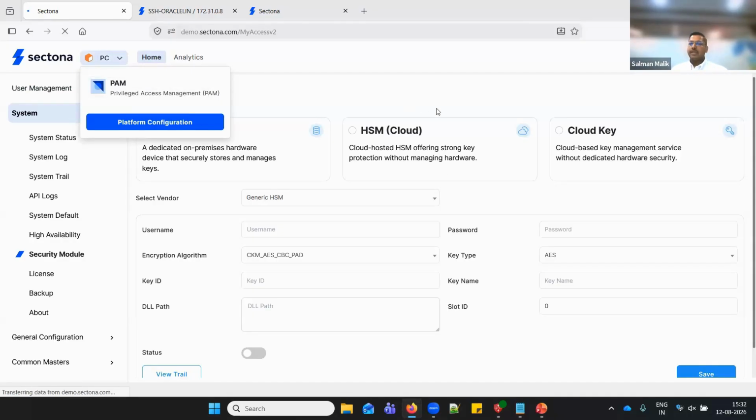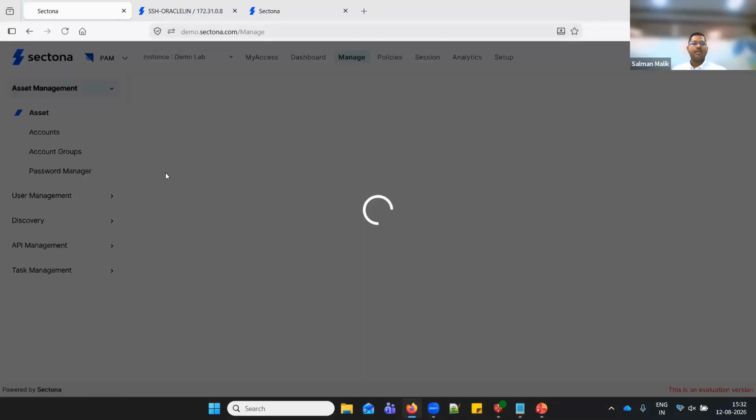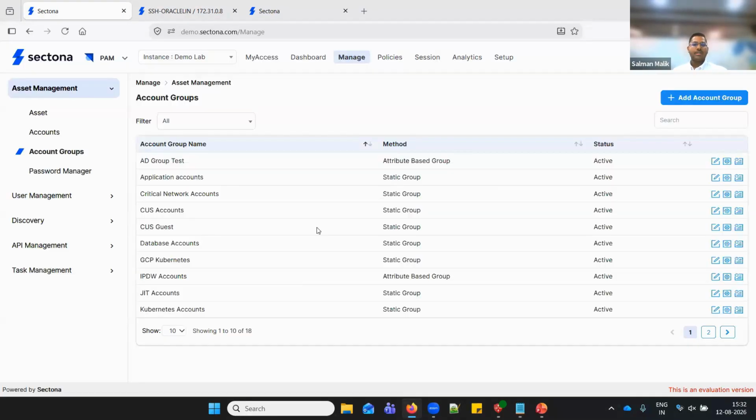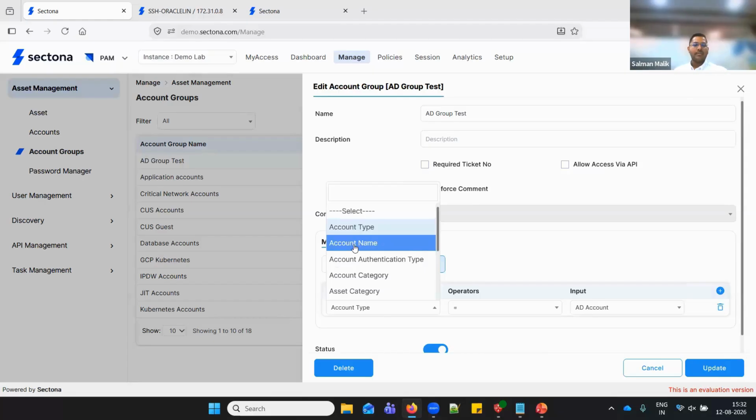Now, lastly, the user experience part. As we have brought in that option from an administration standpoint into the account, we are now bringing in account level specific policies to be defined. On top of that, from an automation standpoint, I think many of you must be using Sectona account groups in your system, and attribute based account groups as well, right? So previously for the attribute based account groups, what we had as attribute options over here was just the account type, account name, and further details related to it.